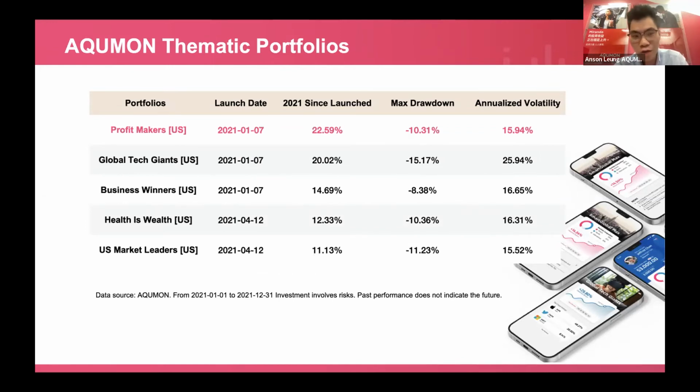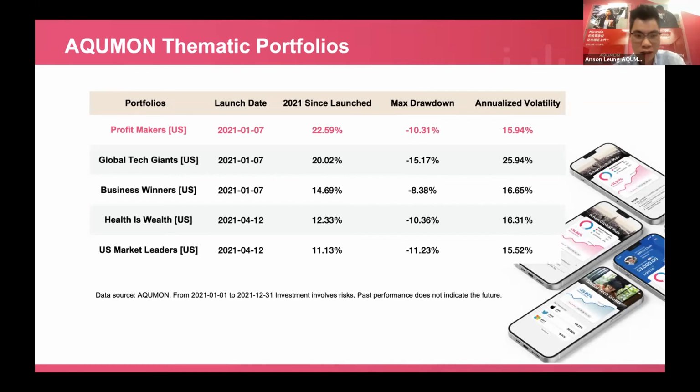The second best performing strategy, also one of the most popular strategies on AQUMON, is the Global Tech Gen strategy. It has an annual return of around 20%. But if you look at the annualized volatility, it's actually quite high, around 25%. The reason why we see such a large volatility is that there has been some pressure accumulating on the US market in the last 3 months, especially the expectation of higher inflation and supply chain induced issues. And of course, in the coming